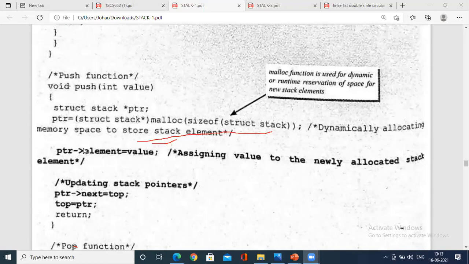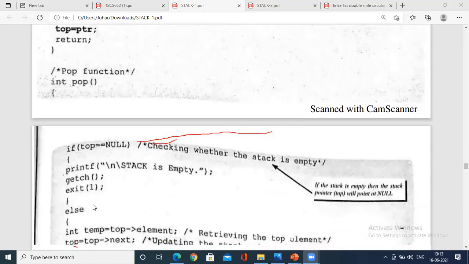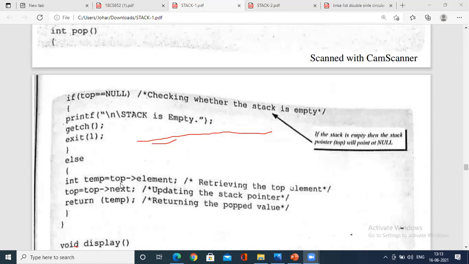Since you are inserting, PTR of element and PTR of next are on the left hand side. You update the top and assign PTR equals to top. Whereas in the case of pop operation, on the right hand side, it is not PTR of element, directly top of element, directly top of next.